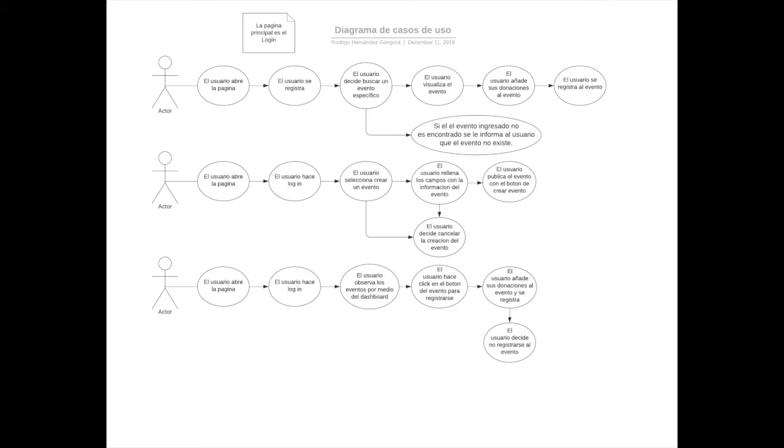For the use case diagram, we'll have three main use cases. And just as a note, the login page will be the main page. In the first case, when the user opens the page, it will go to register. Then after register, the user will search for a specific event, and if the event isn't found, the user will